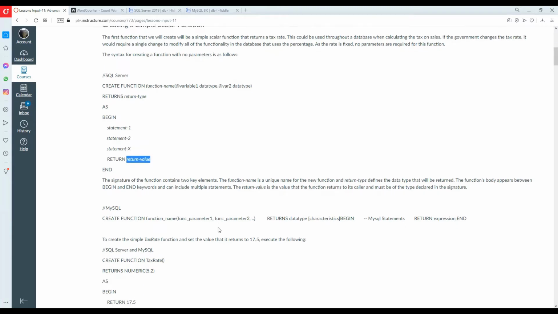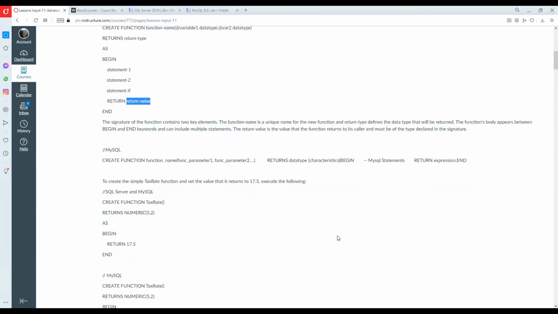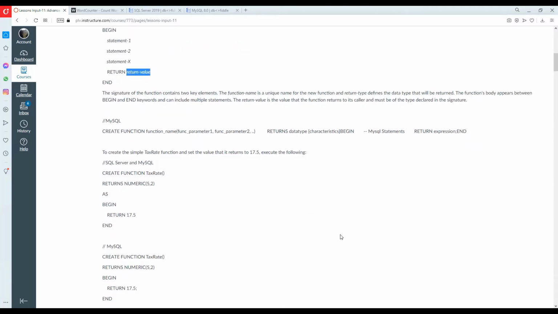The signature of the function contains two key elements: the function name, which is a unique name for the function, and the return type, which defines the data type that will be returned. The begin and end keywords can include multiple statements. The return value is the value that the function returns to its caller and must be of the type declared in the signature. So the return data type must be the same as the return value's data type. For MySQL, okay, for MySQL, the syntax is